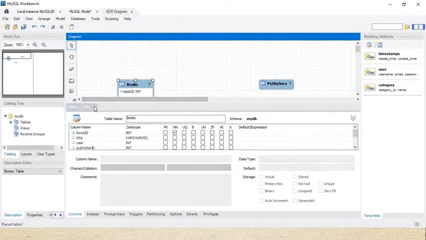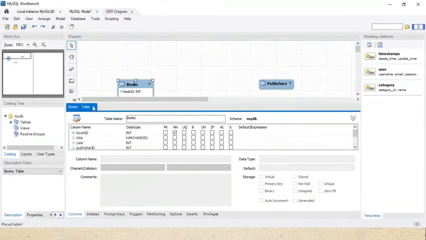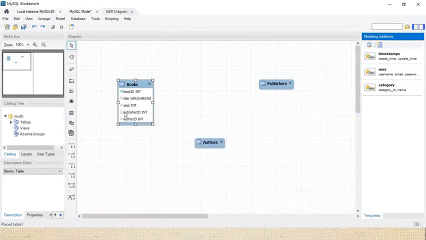Done. It was minimized. So click on that. So see, we have successfully created the books table. In that we listed out all the data types and all the attributes. Similarly we do for what? Publisher. Similarly we do for what? Author. Okay, so the book is done, let's create the publisher.